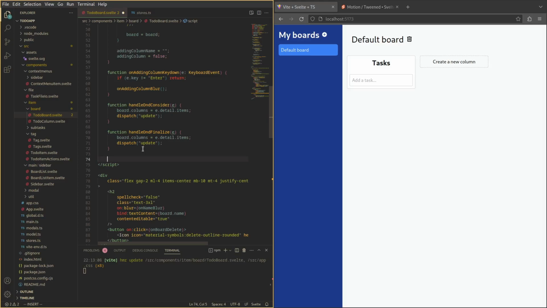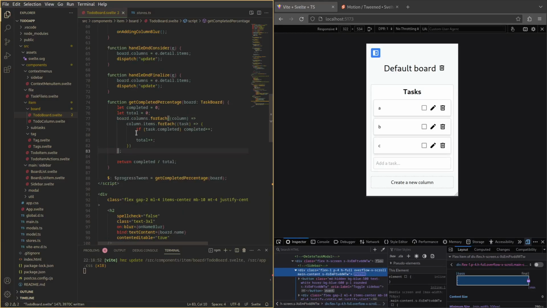And then to calculate the completed percentage, I will need to loop over all of the tasks and check if they have been completed or not. And I'm going to do this with a reactive statement so that progress updates whenever the tasks update. So I created a function here which loops over all of the tasks in the whole board and checks if they have been completed or not, and then compares the completed tasks with the total tasks. And then I simply use the